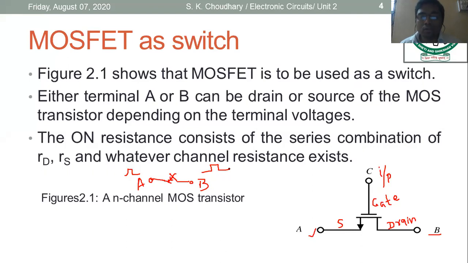In our household also we use electric switches, which are basically used to turn on and turn off the light or fan or other electronic gadgets. Again, here there are two conditions: either it is off or on. When it is in off mode, the switch is open, so no current is passed from one end to the other end of the switch, and because of that, whatever electronic gadget is connected to that particular switch remains turned off.